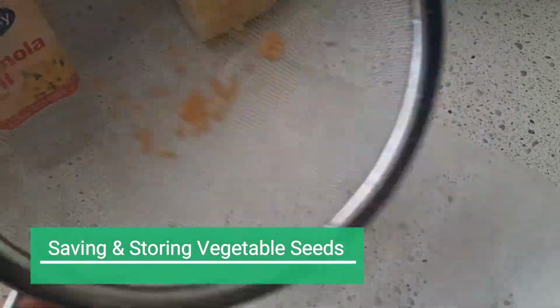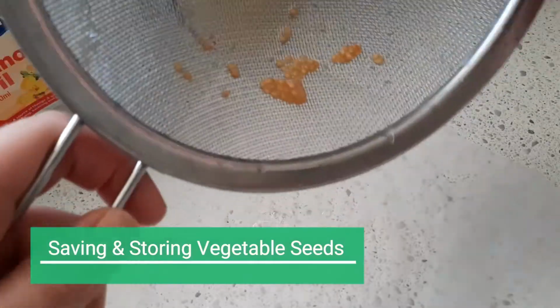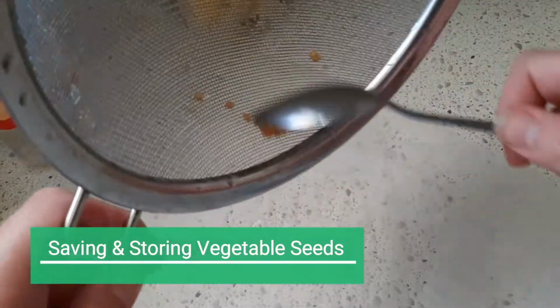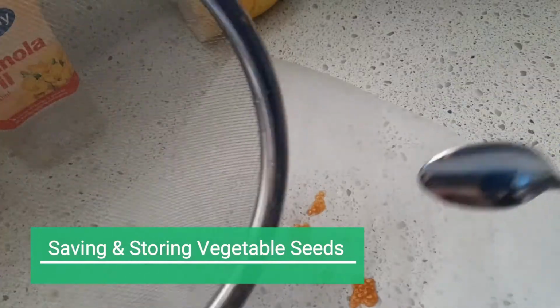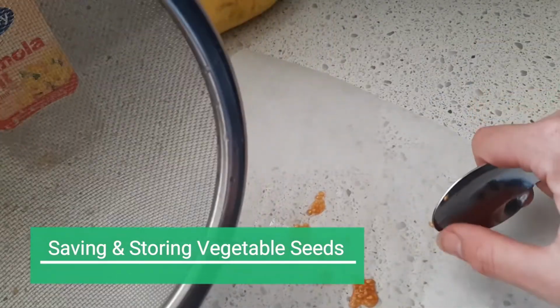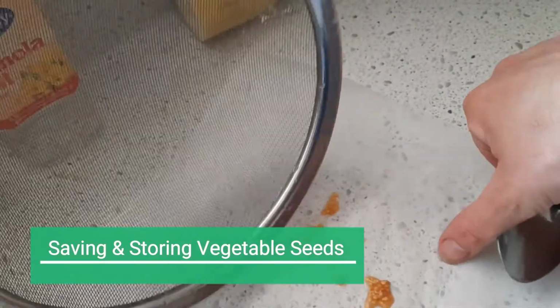So those have been rinsed. There was pretty much no pulp on those anyway, so that was really easy. So there are two options going from this point with tomato seeds. One of them is just to scrape them out onto the baking paper or your coffee filter or whatever the case may be. The other option is actually to pop those into a glass of water and just let them sit